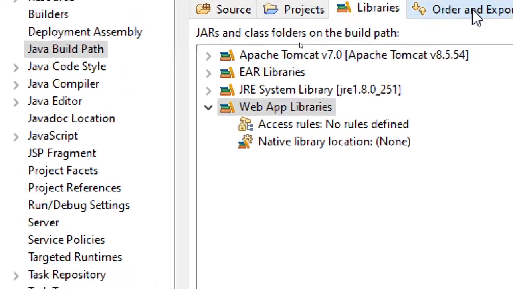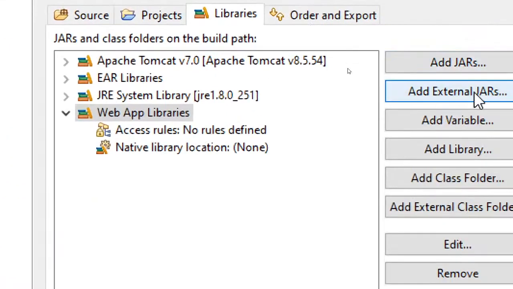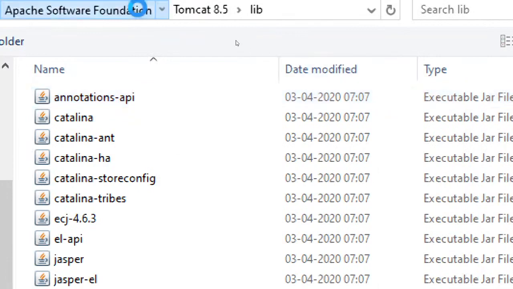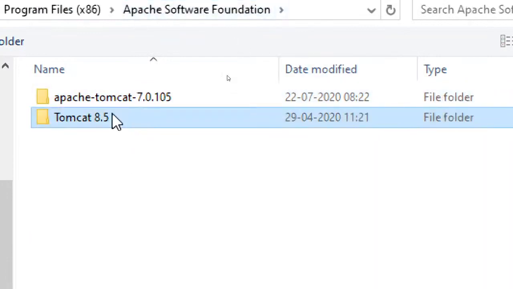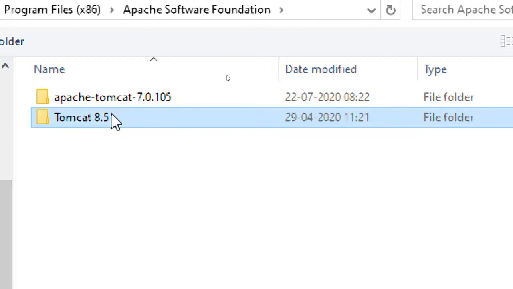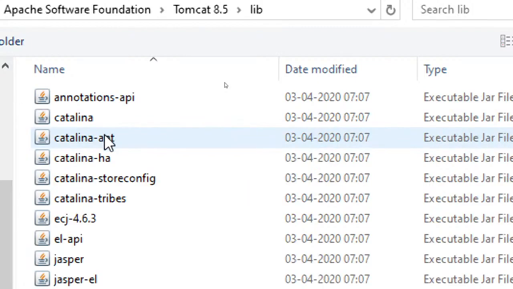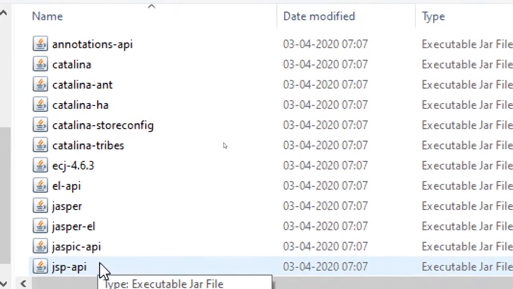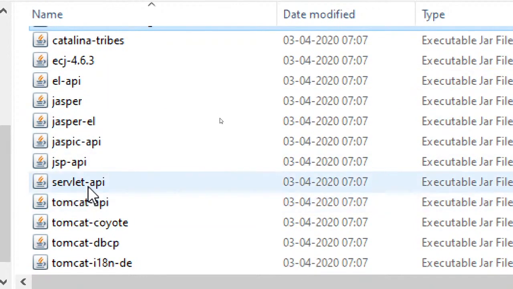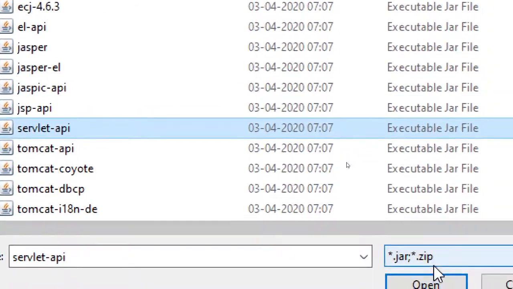In this configure build path, let's click on external jars, and here you can go to the Apache Tomcat installation folder and open that. In that you can see the lib folder. Under the lib folder you can find servlet API. So just try to add this jar, we will see.